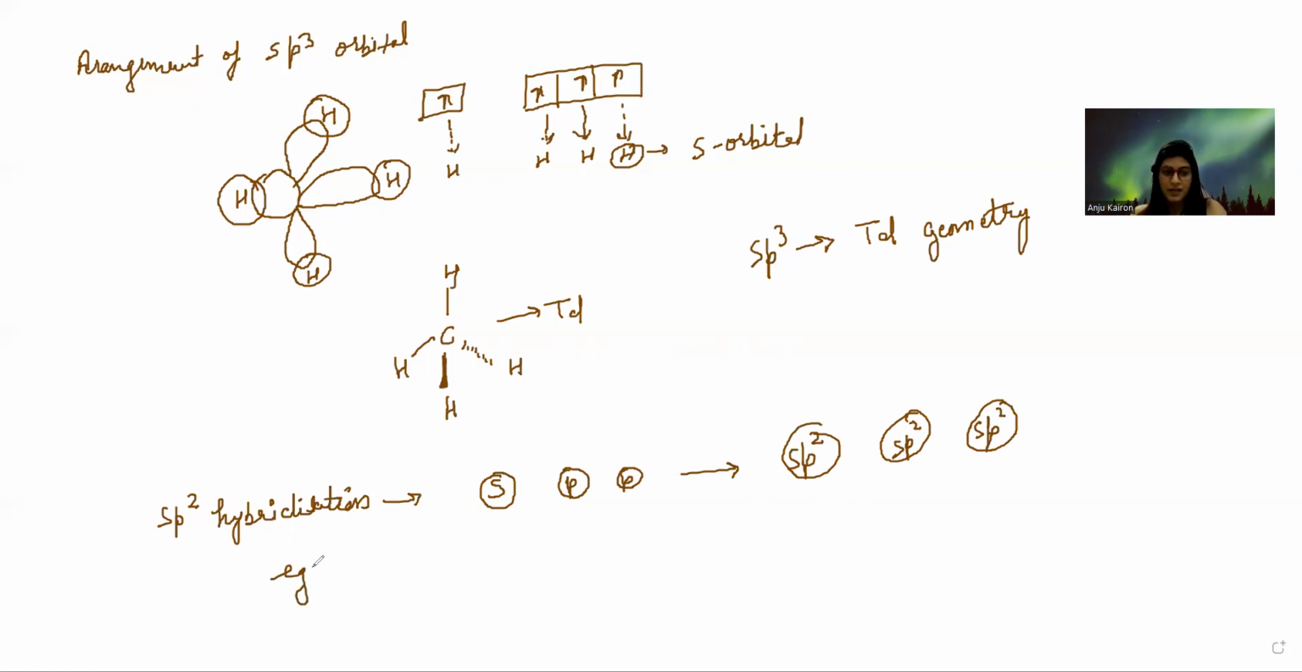Let's take an example of ethene. The double bond shows that there is one pi bond and one sigma bond. I will explain this in a later video. Sigma bond. Okay, now we have